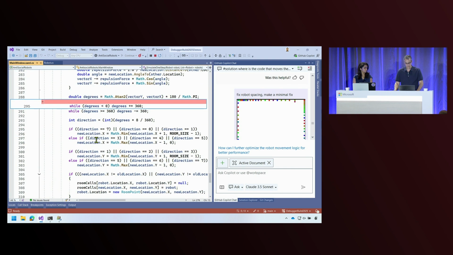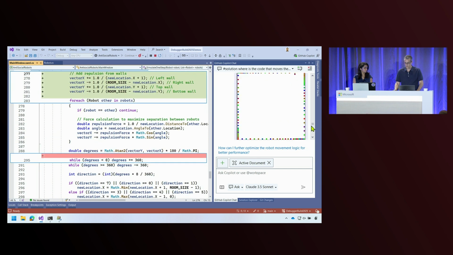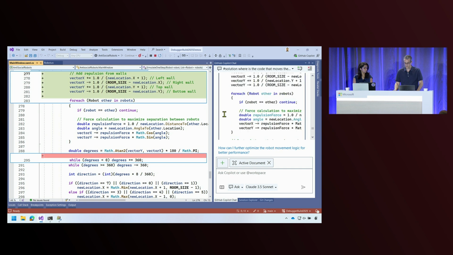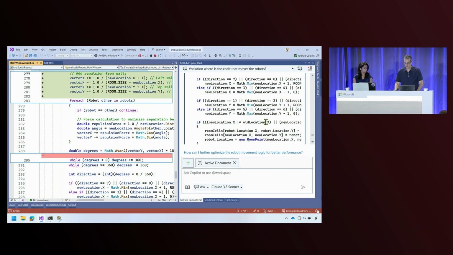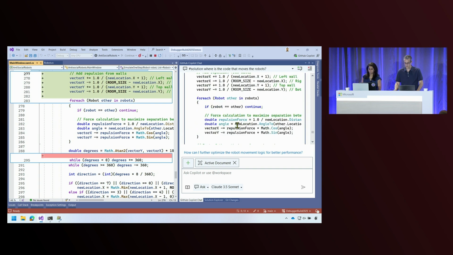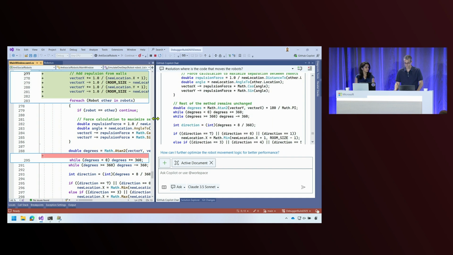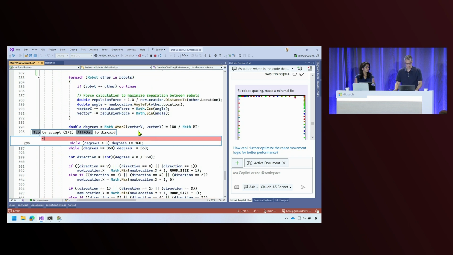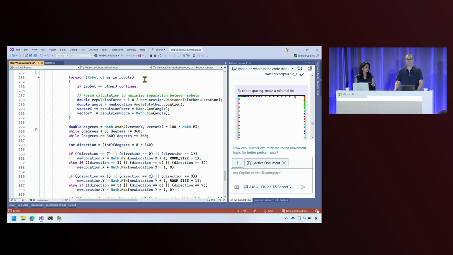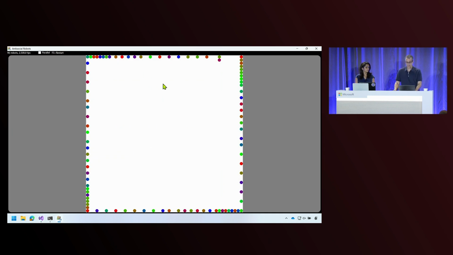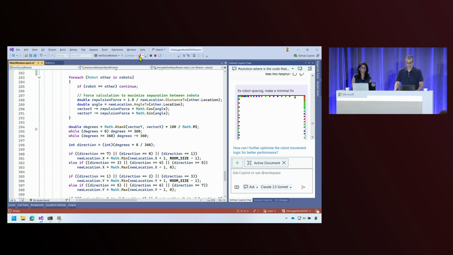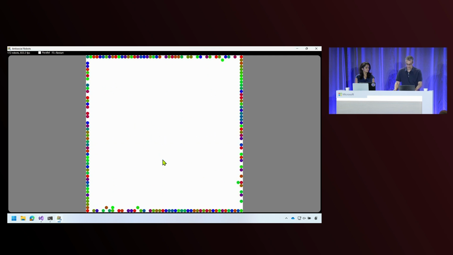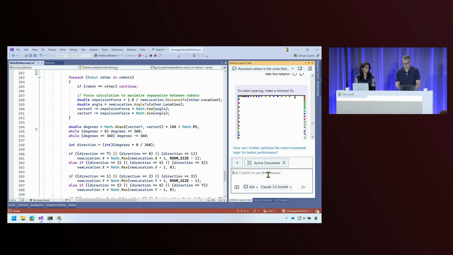There's a repulsion. Let me see. Okay, this is not what I expected, but let's give it a try actually. We can always try and see and steer the model in the right direction. We're still inside the debugger, and this function is being run multiple times. All I need to do is do hot reload and see what happens. I don't expect this to be the right thing here. Let's actually steer the model in the right direction.